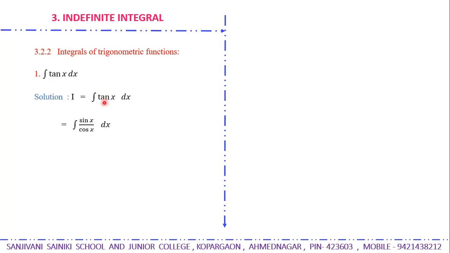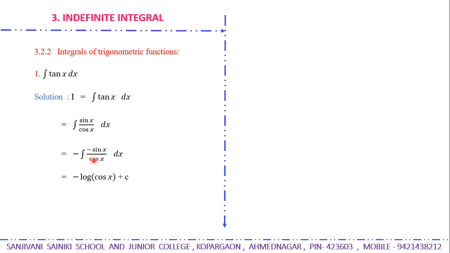So the integral of tan x. This tan x can be written as sin x upon cos x. Now here you have to use f dash of x upon f of x. So we have to adjust something, because the denominator contains cos x and its derivative is minus sin x, but the numerator doesn't contain the minus 1. So I have to multiply by a minus, or adjust minus 1. So this minus and this minus become plus, and we have not changed anything in the example.